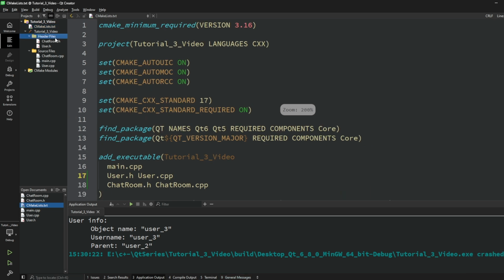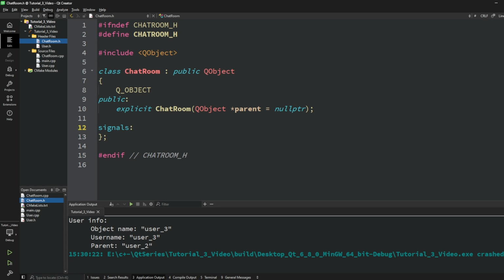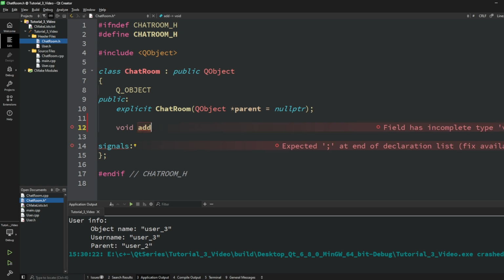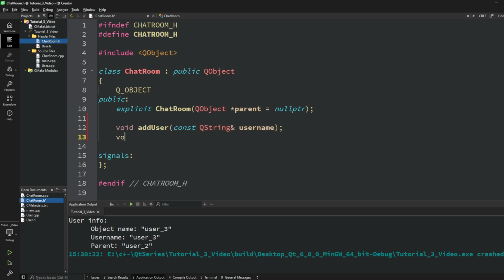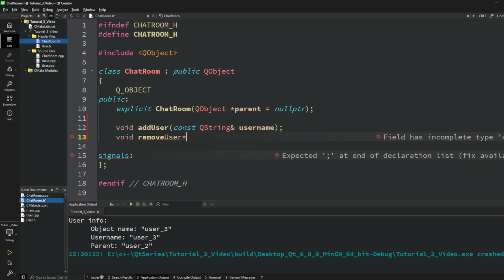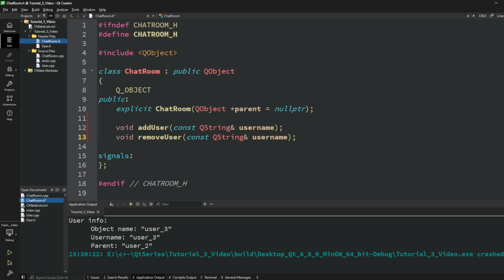I hope you see. Okay, so first constructor we have it, then add user string, then remove user, then destructor,